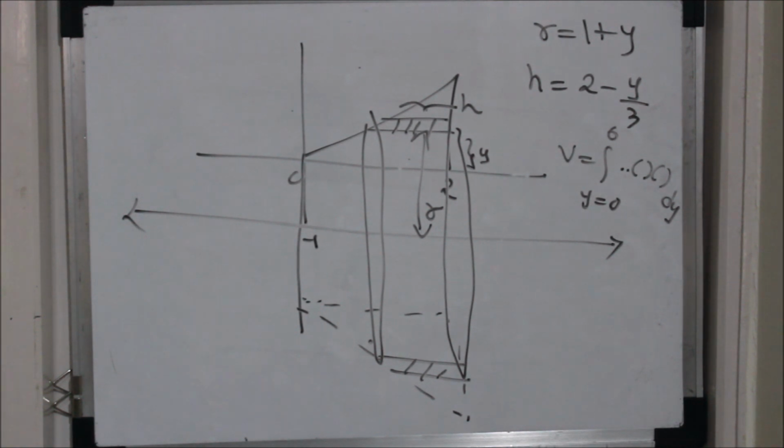So I took all 6 possible scenarios. As you can see, for the vertical lines, my heights were the same and radius was changing, and the radius was one of 3 possibilities: x, something plus x, or something minus x. And when I was revolving along the horizontal lines, my height was again the same, and my radius was either y, something minus y, or something plus y. So these are the only 6 possibilities for the shell method.